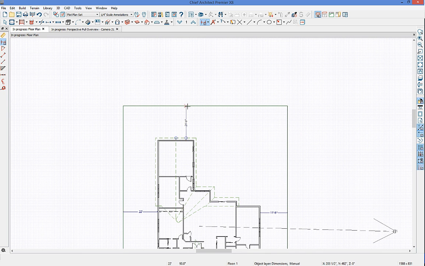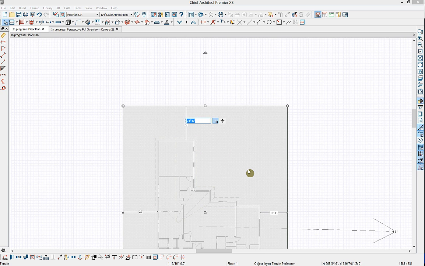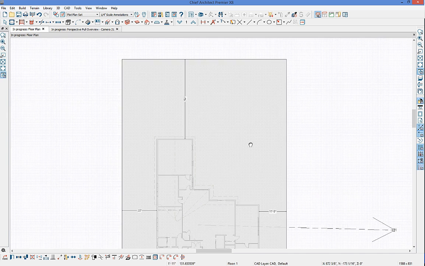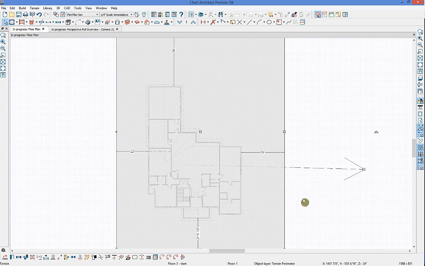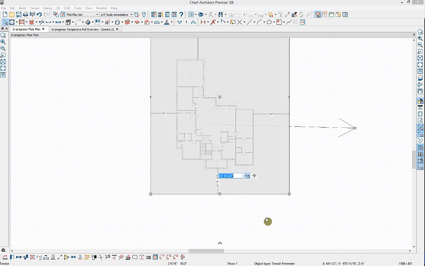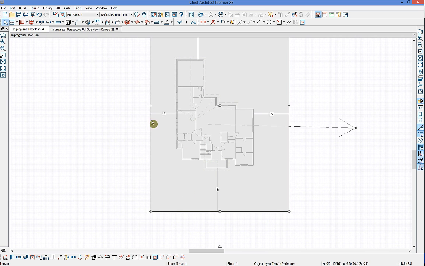And then we can click on the edge, click on the dimension, and update it just like we would anything else within Chief Architect. So our dimensioning tools work the same pretty much no matter what we are using within the program. So if we know our setback needs to be 36 feet in front, we can adjust it as such. We also have the ability, I'm going to go ahead and delete this terrain now,